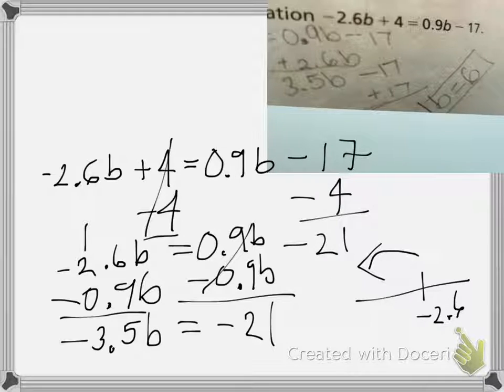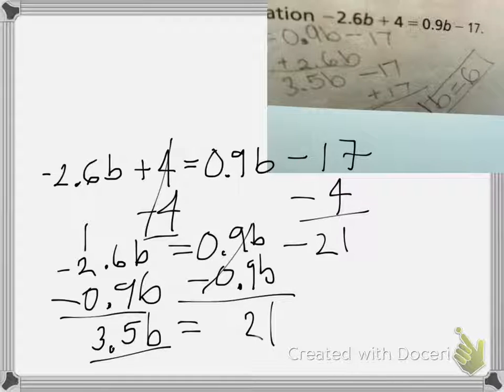equals negative 21. So now we're going to do long division to know how many times negative 3.5 goes into 21. Notice how they're both negatives. When you divide 2 negatives, you get a positive, right? So the negatives are going to cancel, because there are 2 negatives and you're going to divide them. How do we know we're going to divide them? Because these two are multiplying. We're going to divide by 3.5 on both sides,